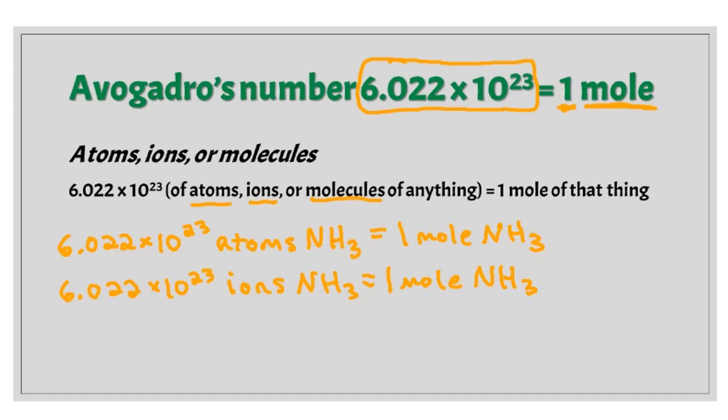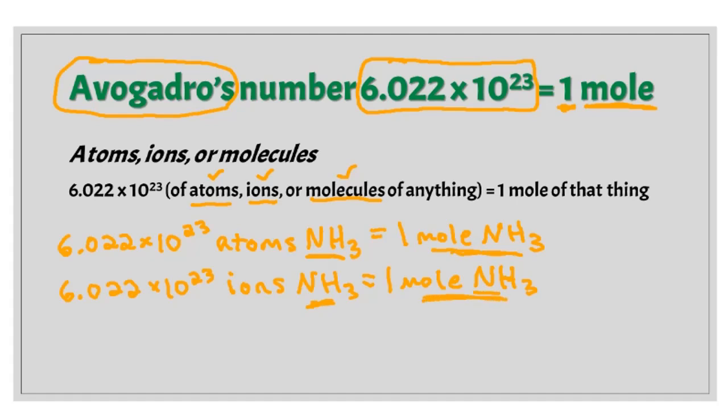And I know it might feel like you're skipping a step here, but it's just because this dude named Avogadro already did the math for us and figured out that even if it's atoms or ions or molecules, if it's that number of that thing, that NH3, that is going to equal 1 mole of that same thing,